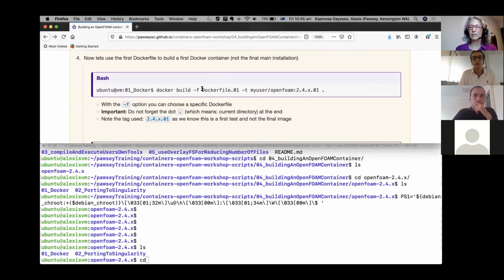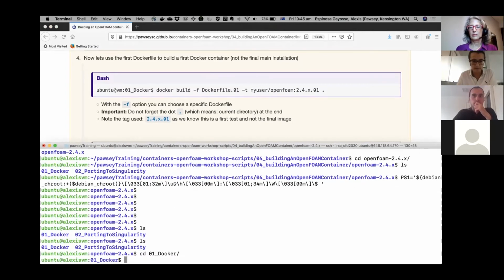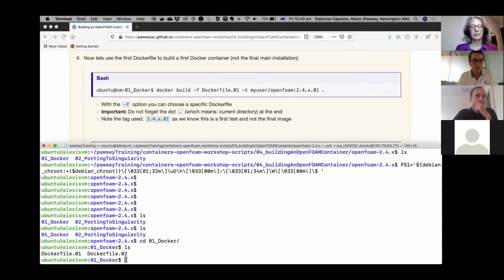Usually we don't use this -f option, because by default it will pick a file named just Dockerfile, but we don't have it there. Let me go to the 01 Docker directory, and there you see we don't have a Dockerfile by itself. We have Dockerfile.01 and Dockerfile.02. So in order to use Dockerfile.01, we say docker build, and -f is to use